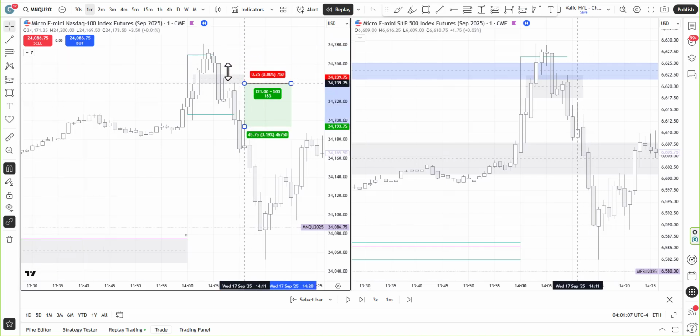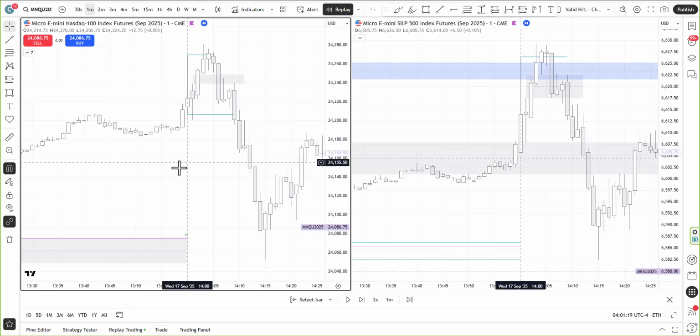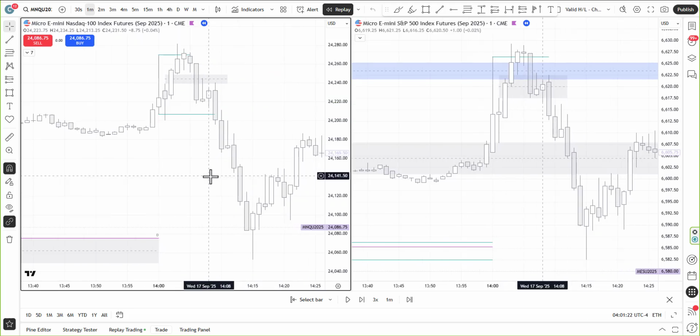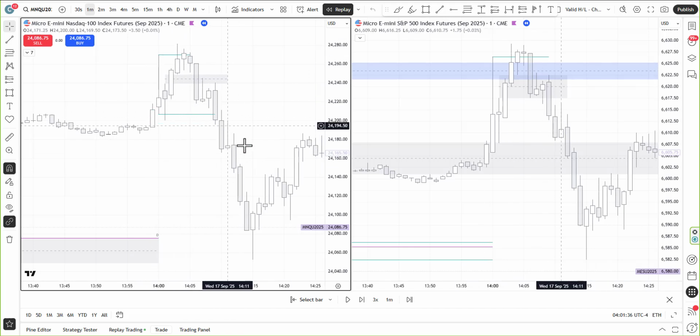Retest, probably your stop slightly above. And then trade it up to here. So this is already 2.8. You could leave a runner, but this is all just hindsight magic. But I wasn't really aware of the fact that, of course, you can also just trade the interest rate statement as a news thing, just like you can do it with red folder news.